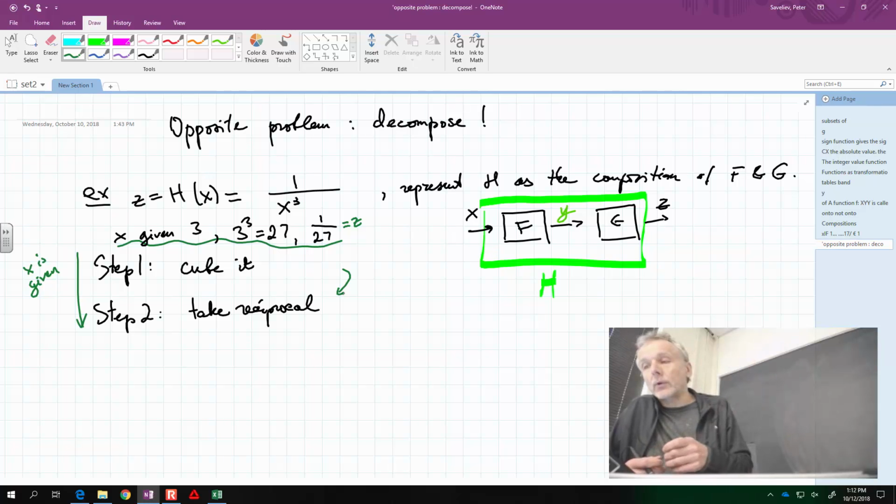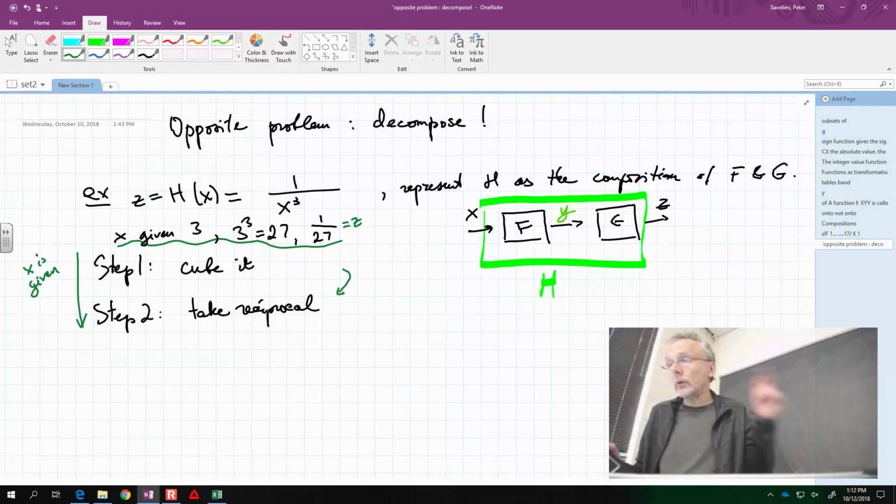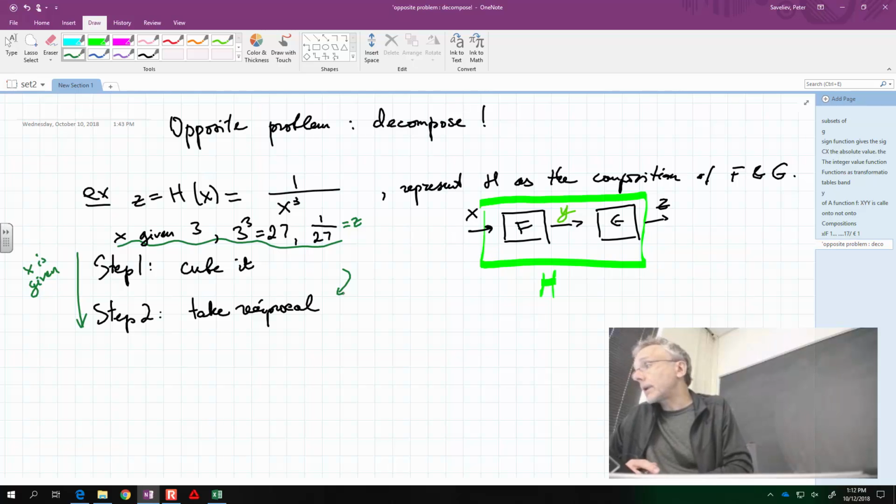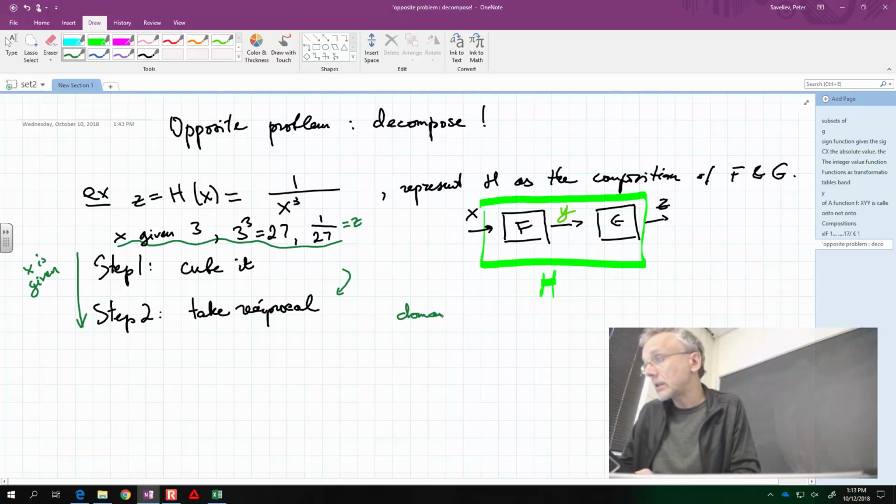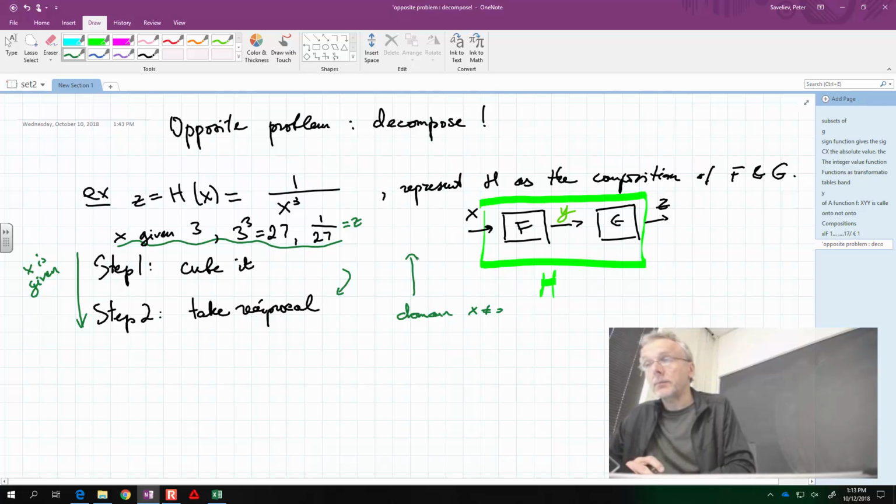So you, as the designer of the system, whether you're dealing with people working for you or with computers, that doesn't matter. It is up to you to figure out ahead of time so that you wouldn't do a thing that would break the whole thing apart. So you have to actually trace back, look at step 2, and figure out its domain. So the domain is x not equal to 0, and then pass it backwards to step 1 to understand